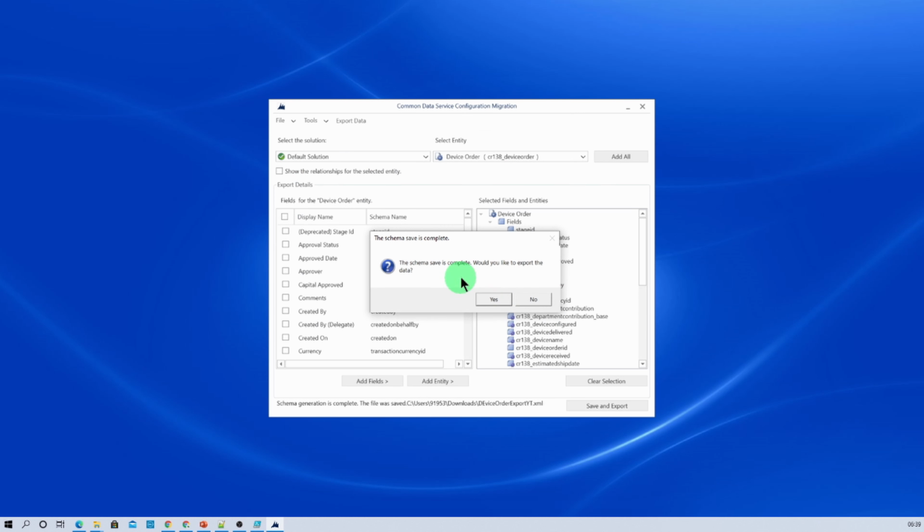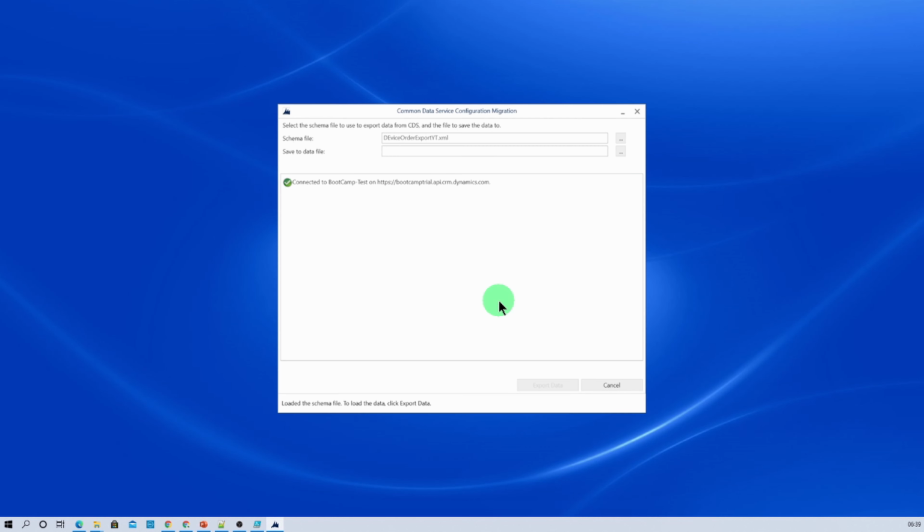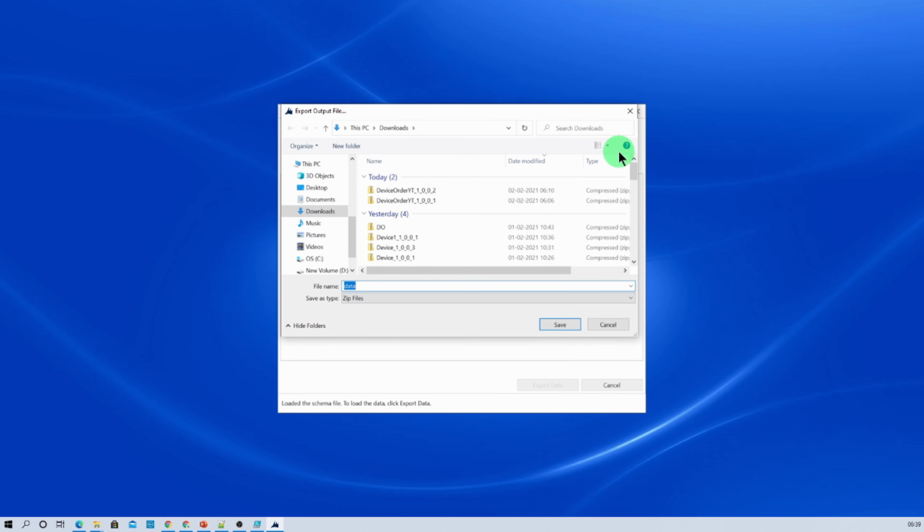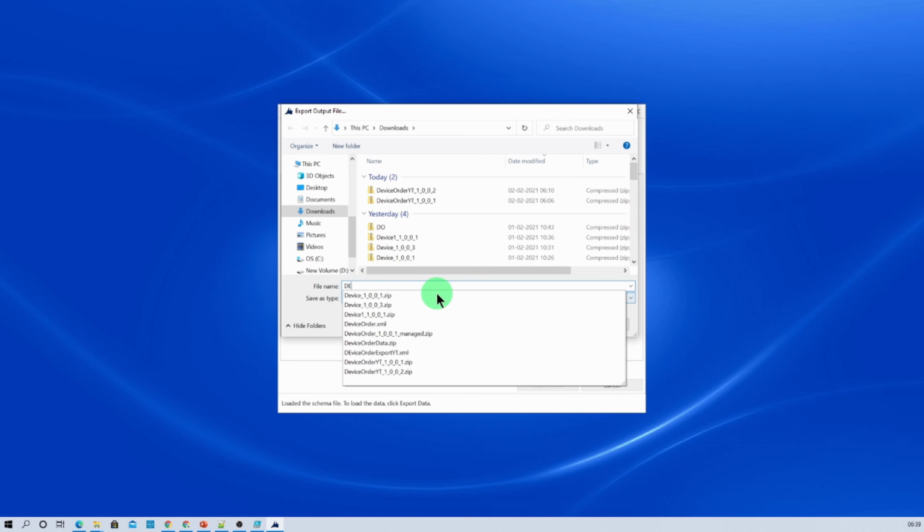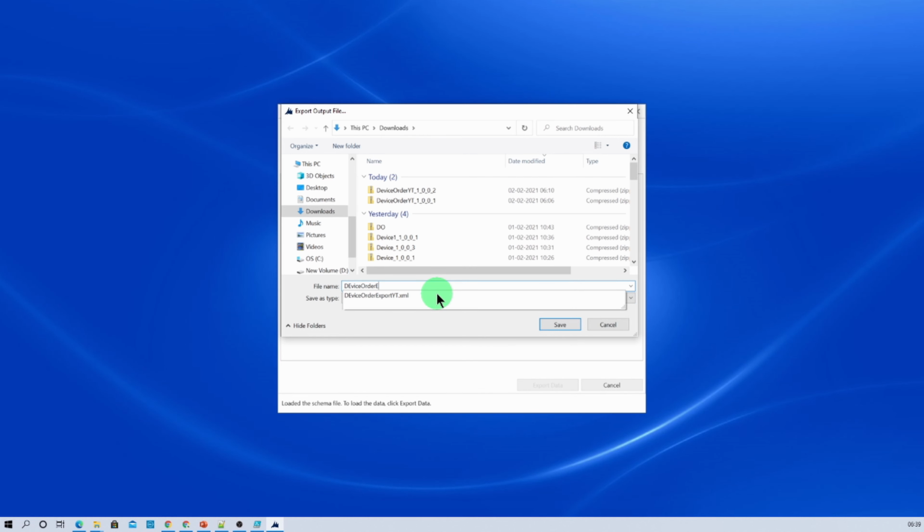So the schema save is complete. Would you like to export the data? Yes, I want to export the data as well. Click on yes. Now here you need to provide the export data file name. So let's click on here and provide the name, that is device order export YT, and click on save.